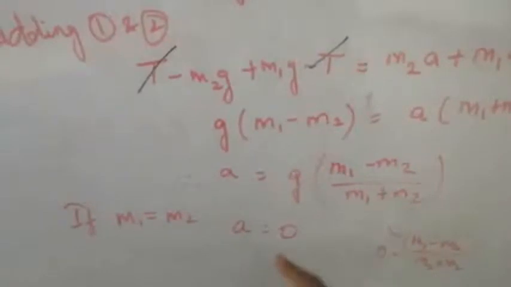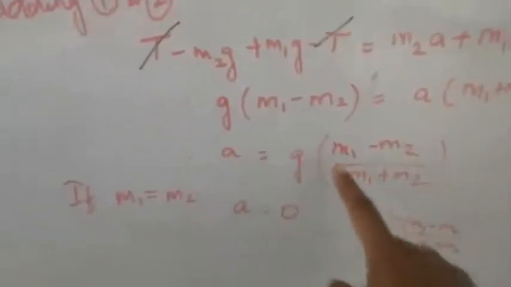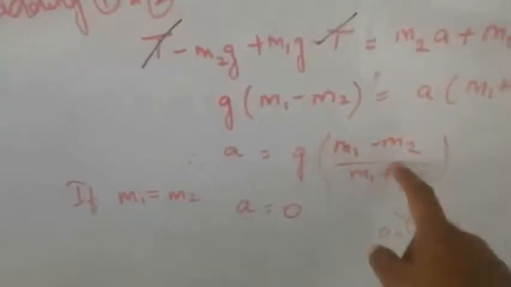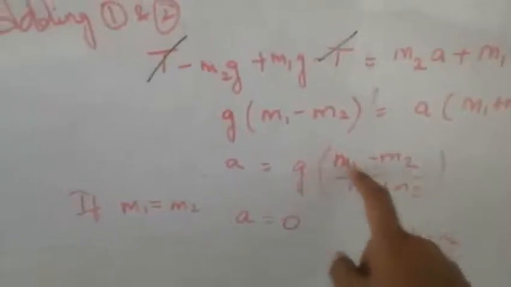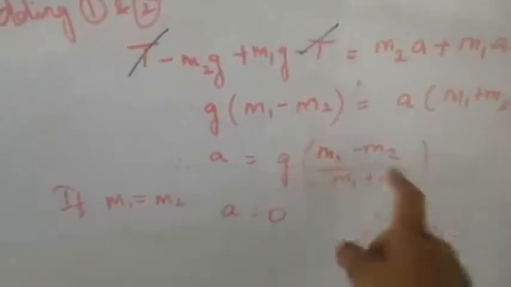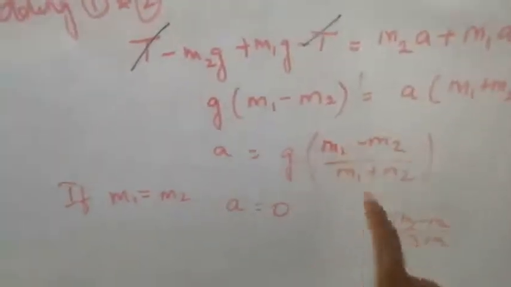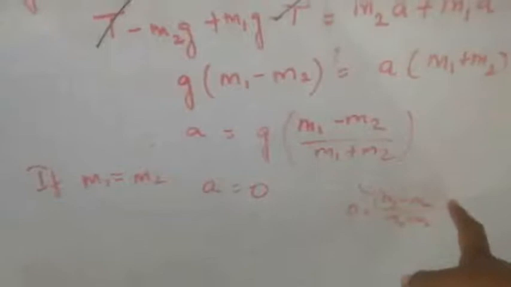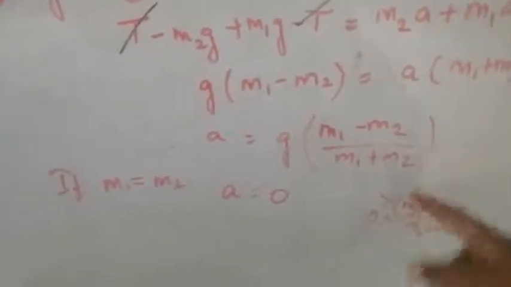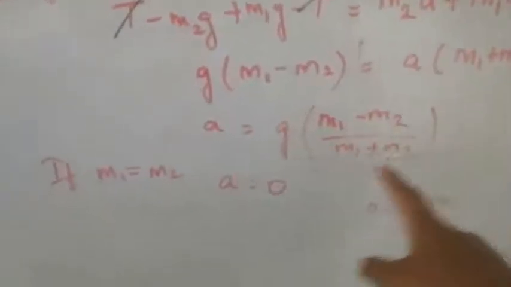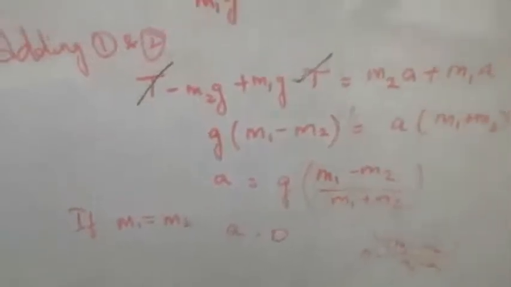You can understand this by this equation also. See, if m1 equals m2, the same value, suppose 2 and 2, so m1 and m2 are the same. So instead of m1 I am going to write m2 here. If you write it, it is m2 minus m2. Anything minus that same number is simply 0. So this part would become 0. That is, a equal to 0 you have got.